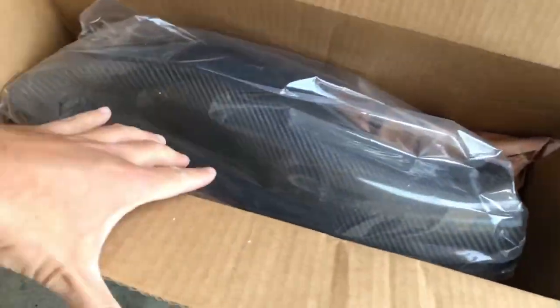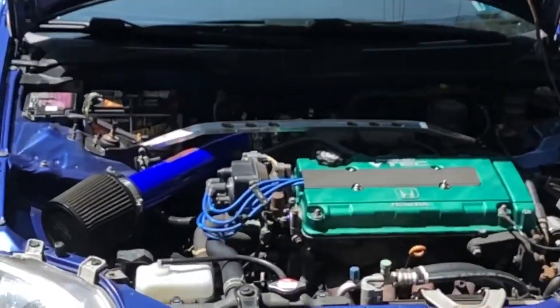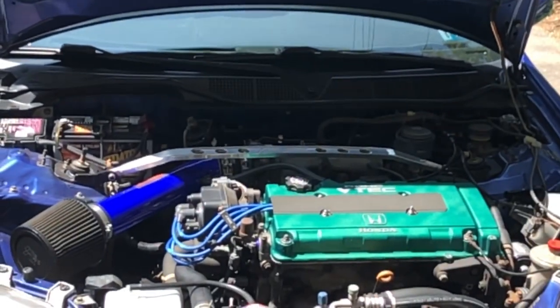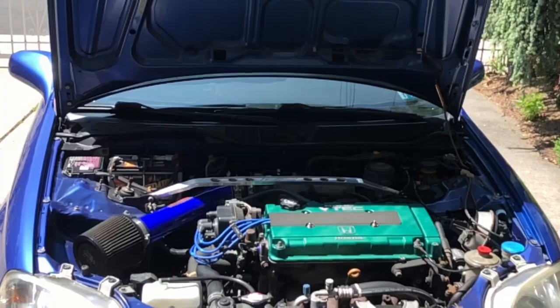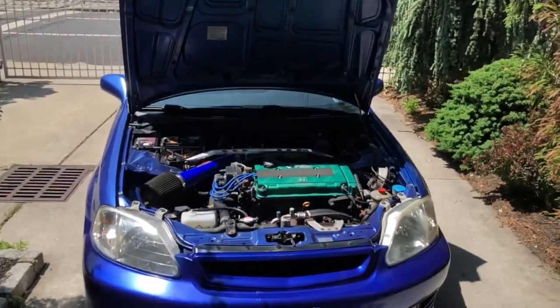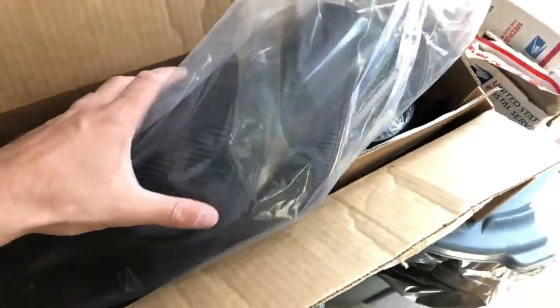Some of you already know how the short ram intake sounds on the car the way it is now, with the 2 3/4 or almost 3-inch short ram intake HPS. And we're gonna try and install the carbon fiber whale penis intake, see if it makes a big sound difference or not. So we're gonna go ahead and get started. All right,